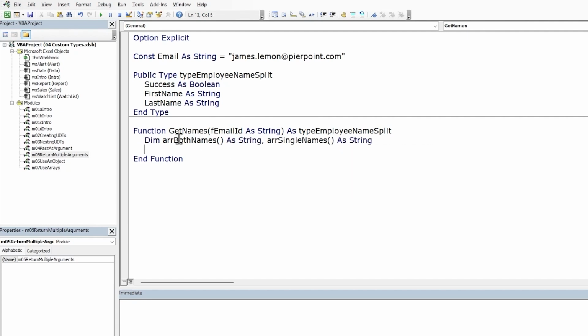Perform the first split. So we'll split the email ID and the delimiter will be the @ sign. Let's perform one validation. If there is no @ symbol in the email ID, that means that the email ID is invalid and we should exit the function. In this scenario, the split function won't return any elements, and this both names array will have an upper bound of 0. So if the upper bound is 0,